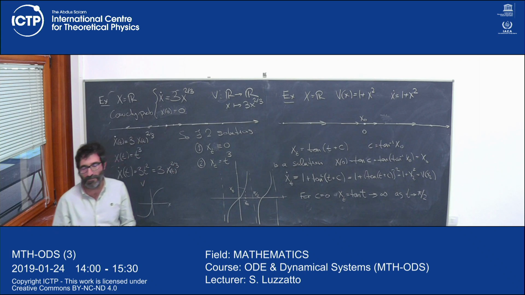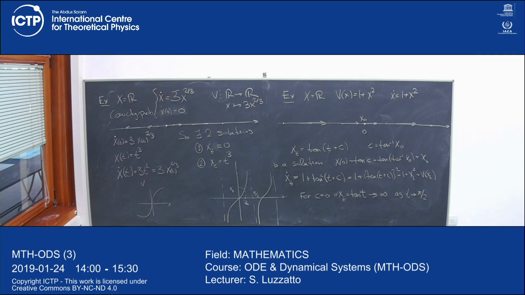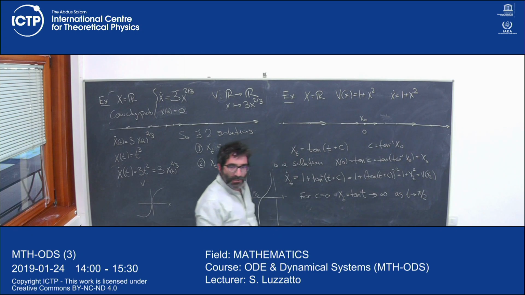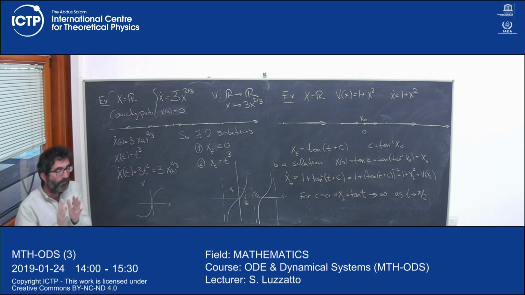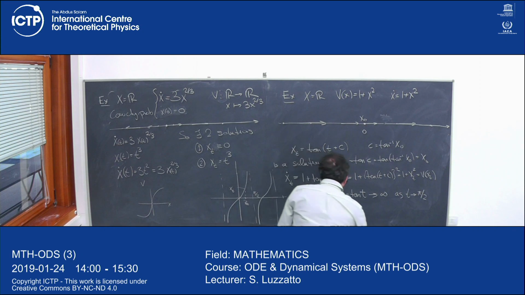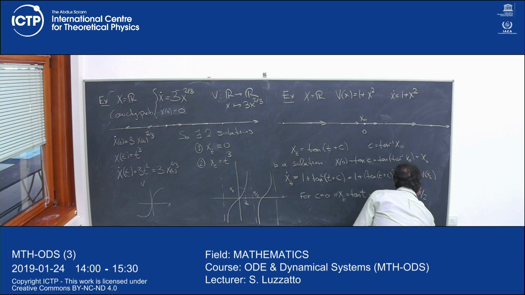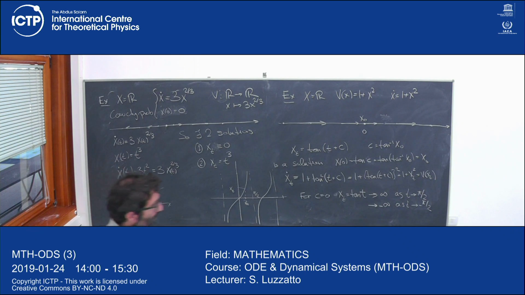So I have a question. Yes. So suppose we're starting from an interval where it's... So we're saying take a solution that starts in x0. So geometrically the solution will go to minus infinity and plus infinity. It's just the time, the domain of definition of that solution. Okay, so let me just write here, for example. So this goes to minus infinity as t converges to minus pi over 2. Okay, so the conclusion of this is that